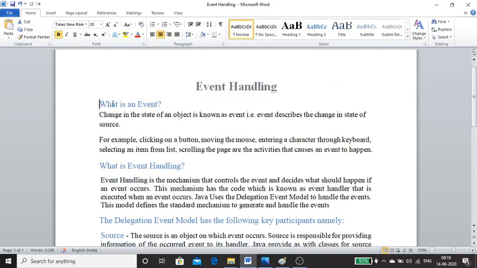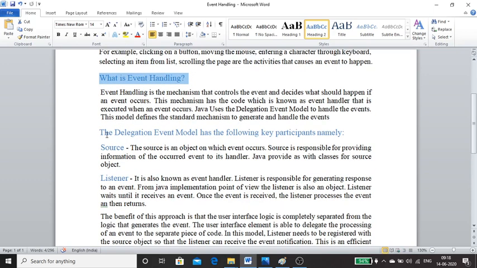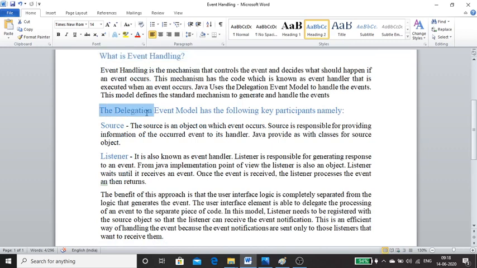First you write the main heading, event handling. Next you write the definition of what an event is. Next you write what event handling is, and just copy this. And next you write the side heading, delegation event model, and you copy this.